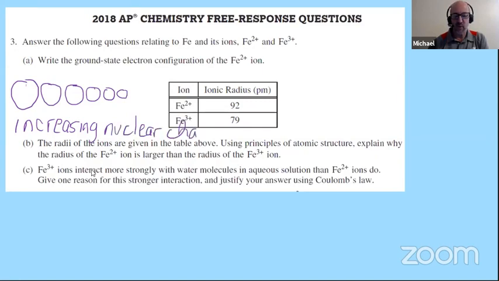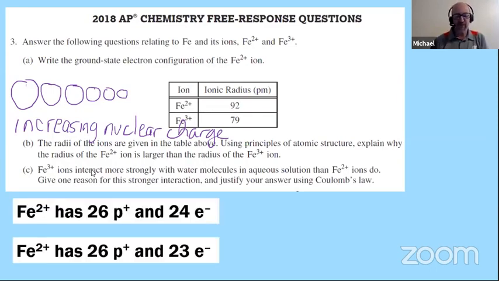So the problem with that particular trend is it doesn't apply in this particular case. We're not comparing sodium with magnesium. We're not comparing fluorine with neon. We're comparing iron with iron. So in fact, because each of them has